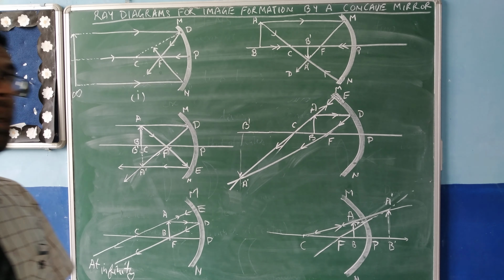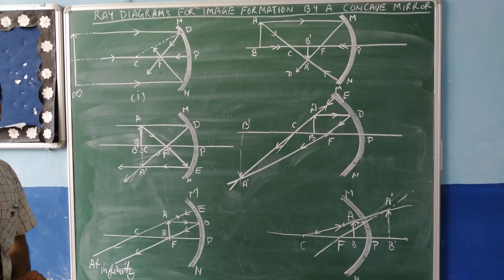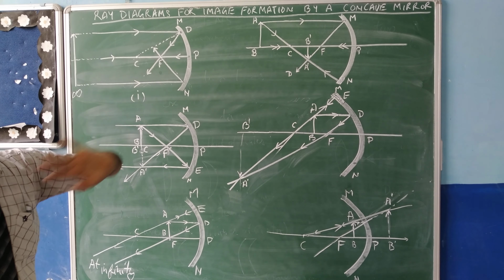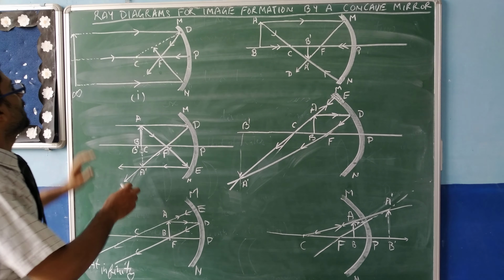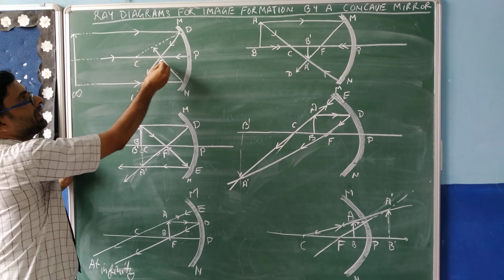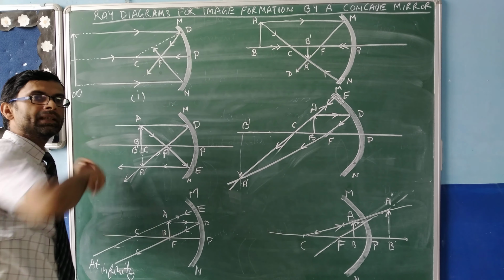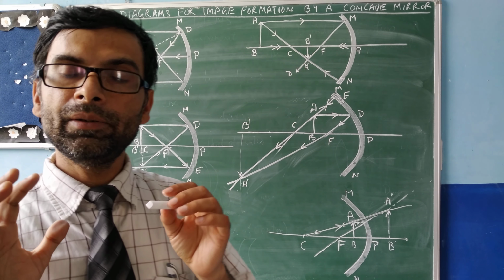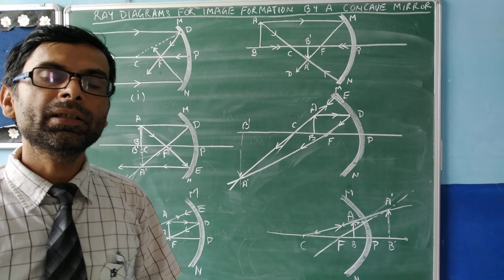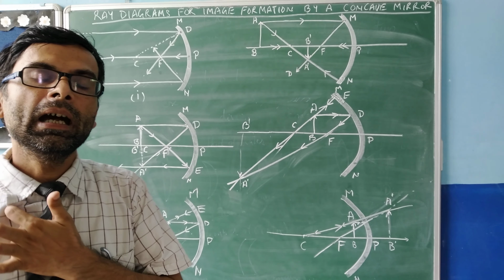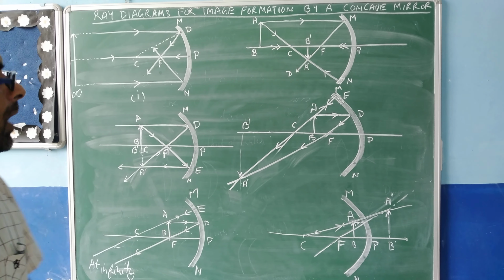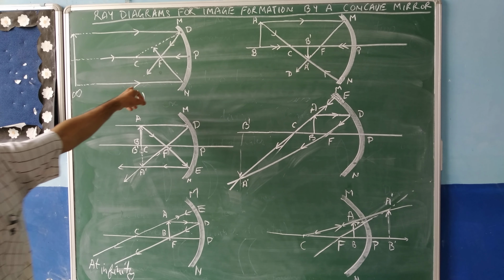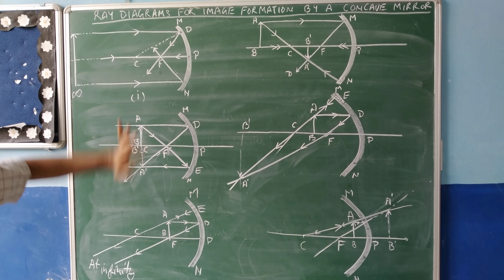ठीक है. What is the nature of the image? The image is real and inverted. Real means the rays actually intersect at this point. The point where rays actually meet produces a real image, otherwise it produces a virtual image. ठीक है बेटा. तो ये हमने पता कर ली, position, size and nature of the image in the first case, when the object is at infinity.